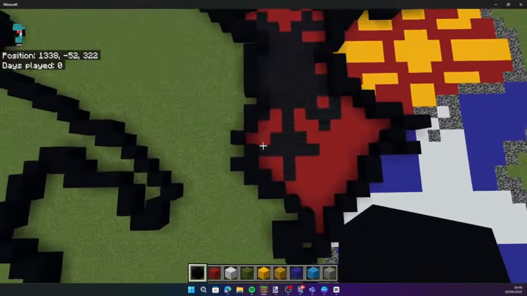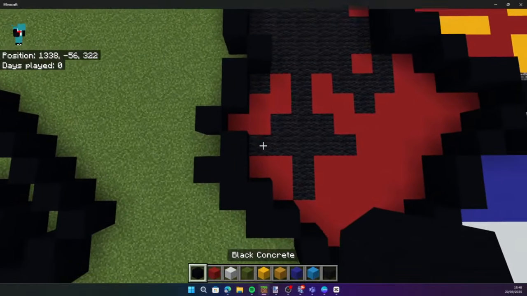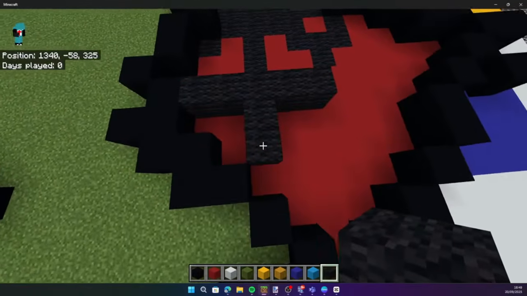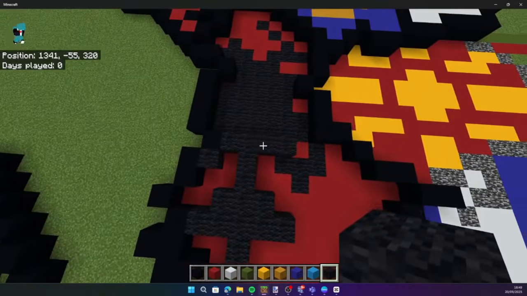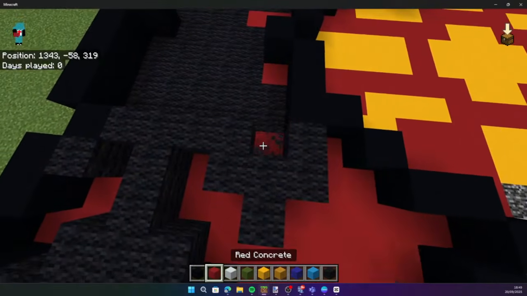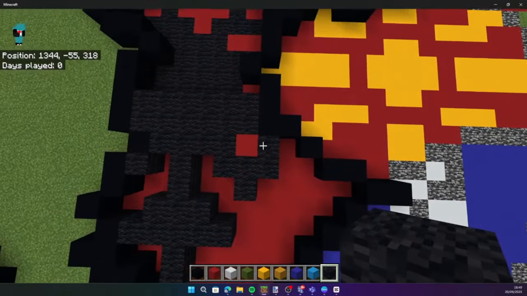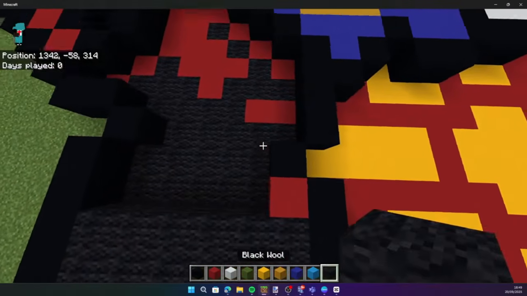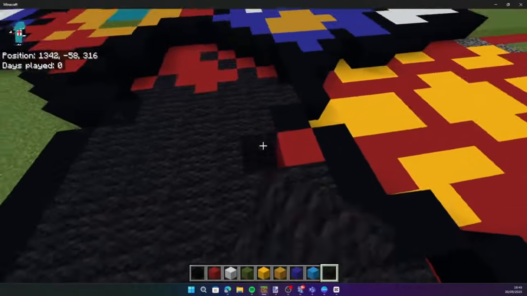And then from this block here, get out your black wool, and here place a 5, and then here do a 2, and then here do a 3, a 2, and a 1 here. Place a 4 on top of all this like this. Here do a 7 shape, a 2, and place a red concrete here, and then place 2 rows of black wool here, and then place 1 red concrete here, and then here place 3 rows of black wool like this,